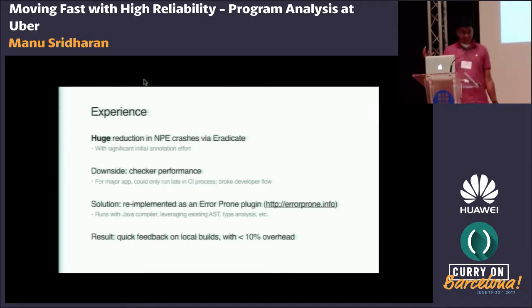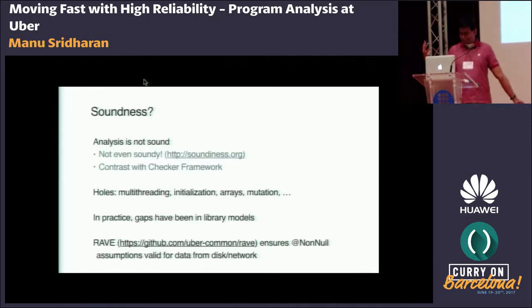And now Avik talked about soundness, and I've got my soundness slide too. So how sound is our checker? It's not sound. And I would say it's not even soundy, in that there are all kinds of constructs where it's well known how to handle them soundly, but we make a deliberate choice not to because it increases the annotation burden or forces you to rewrite certain code patterns, and we haven't seen a corresponding benefit in terms of a reduction in actual crashes happening in our app.